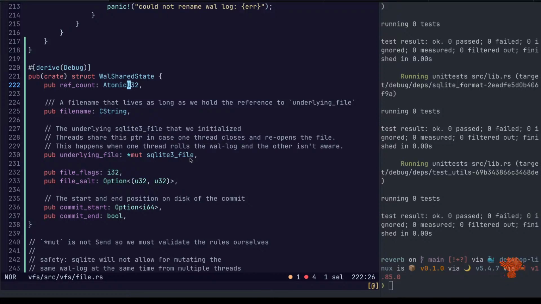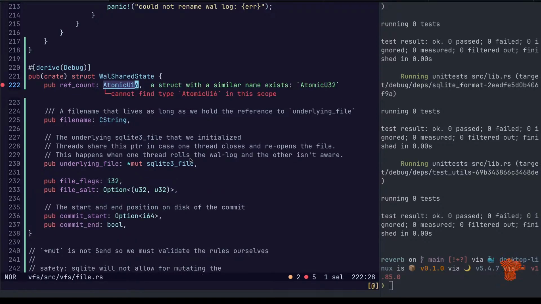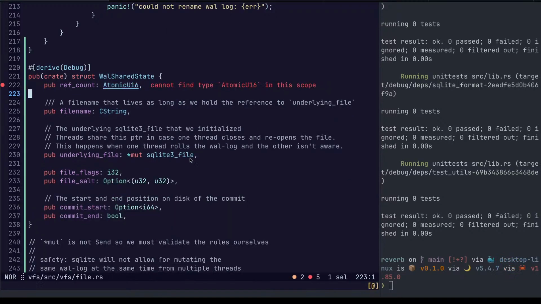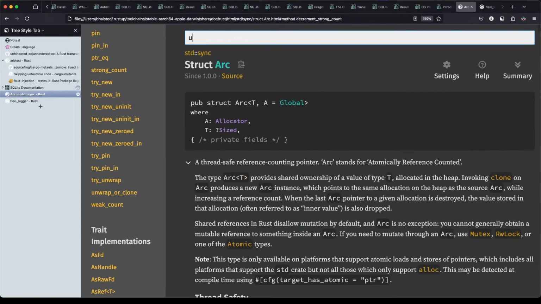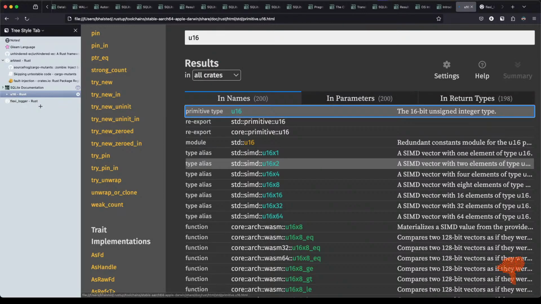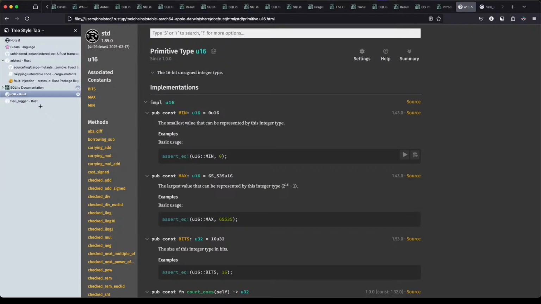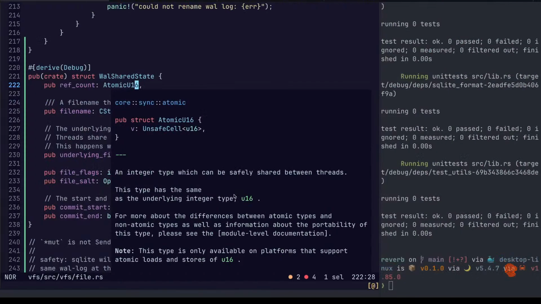But we could probably make this smaller, do like a 16. But I don't think it's going to help us with our atomics. I just can't see us ever having that many connections to a box, or to a file. 65,000. That seems reasonable.